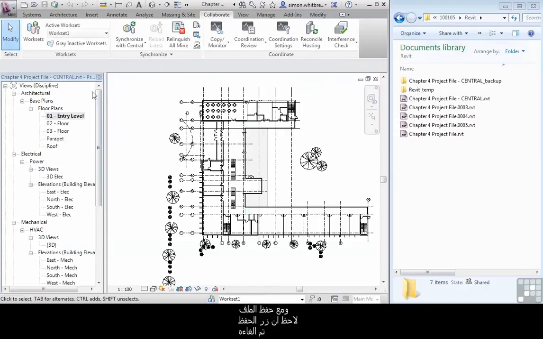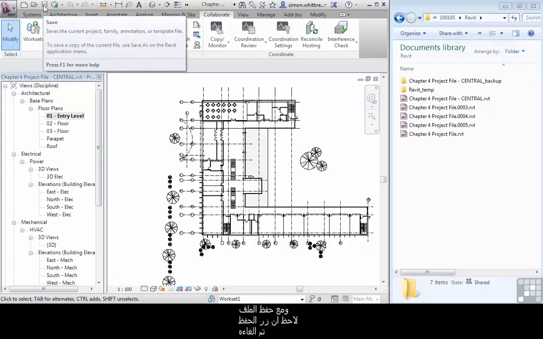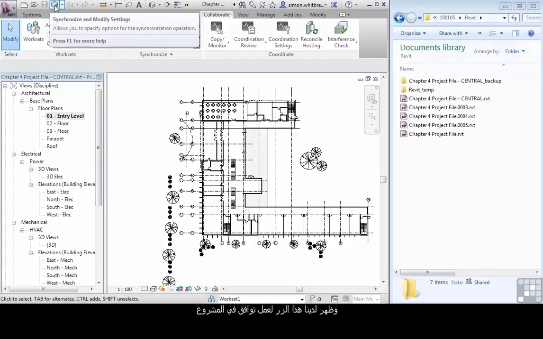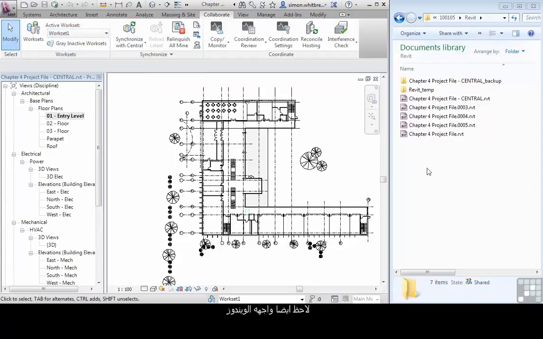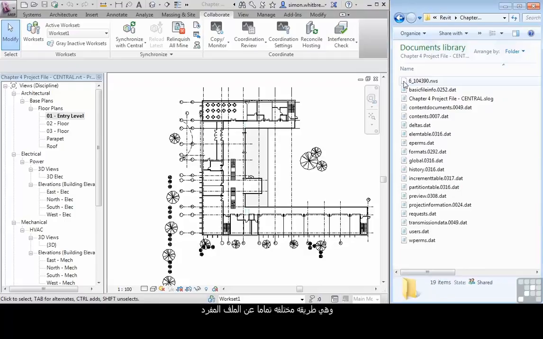and with the file saved, notice how the Save button has been deactivated and we now have this Synchronize and Modify Settings button. Look also at Windows Explorer. We have our Chapter 4 project file named Central, and we also have a Chapter 4 project file Central backup folder. REVIT now stores backups for this file in the backup folder and in a completely different way to the